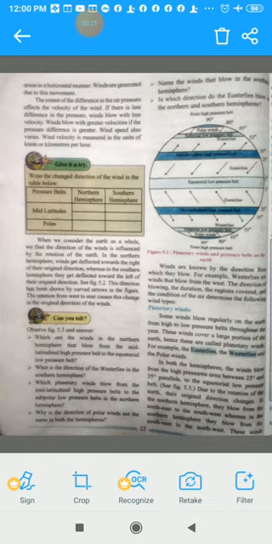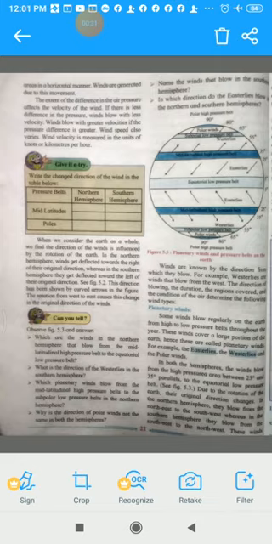If you remember, in the previous session, we had started with chapter 5, winds, and we had covered the topic types of winds. In that, we started with the first type of wind, that is planetary winds. We have just seen the introduction of the planetary winds: what planetary winds are, how they blow, why the name was given as planetary wind, and what the examples of planetary winds were. Soon we will have a recall.